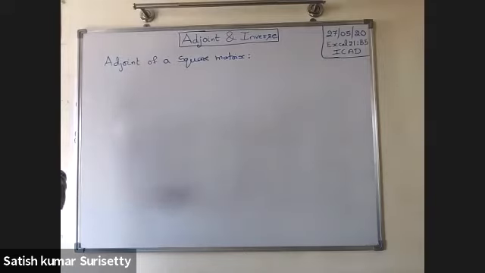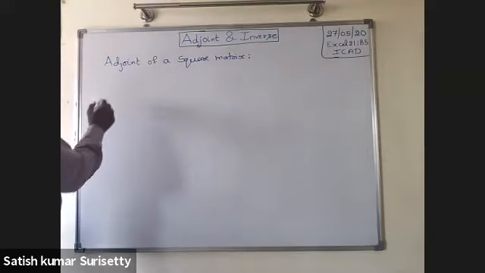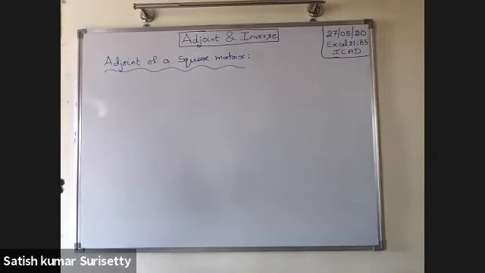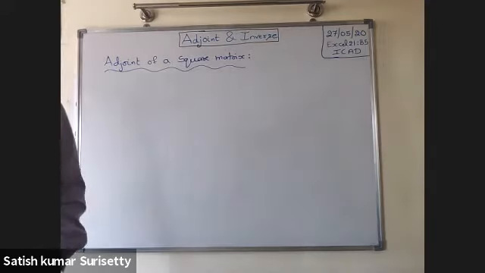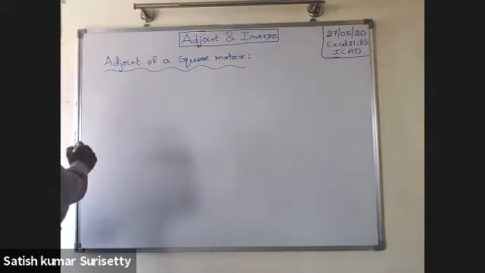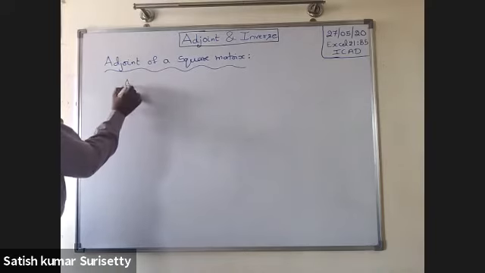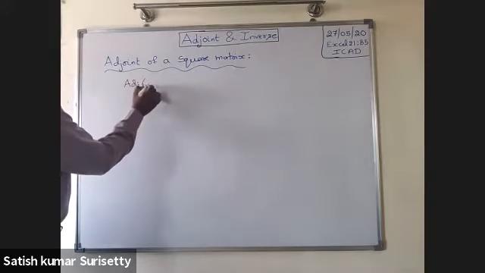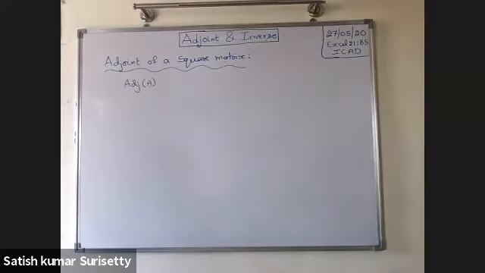Let capital A be the square matrix. Then the adjoint of the square matrix A is denoted by adj(A) and defined as